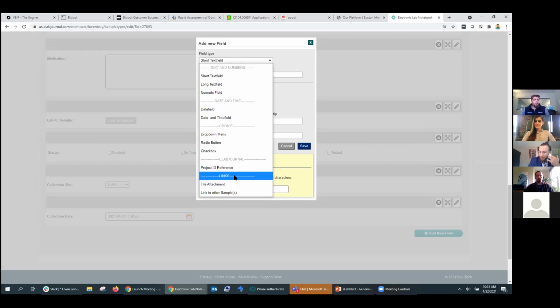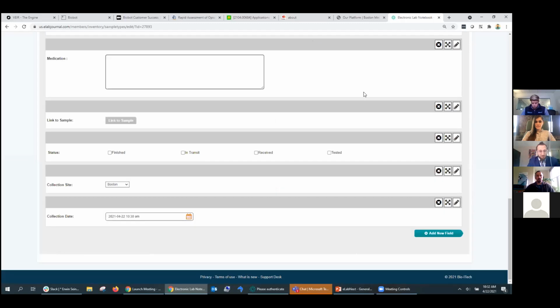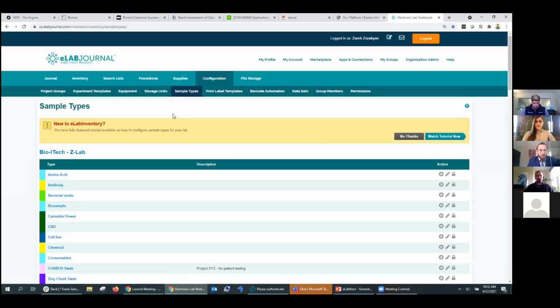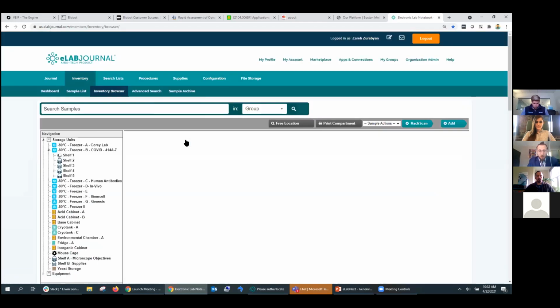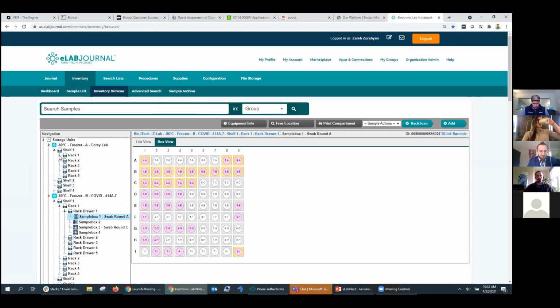Okay, it's pretty self-explanatory. You can attach images. You can create radio buttons and checkboxes. Really, this is meant to be very customizable as you are creating these specific sample types. Now, once you're done with this, you can press close and go into any of your locations and create your samples in there. So if I go into my freezer A